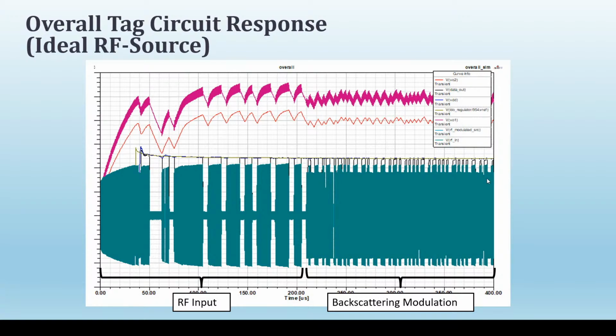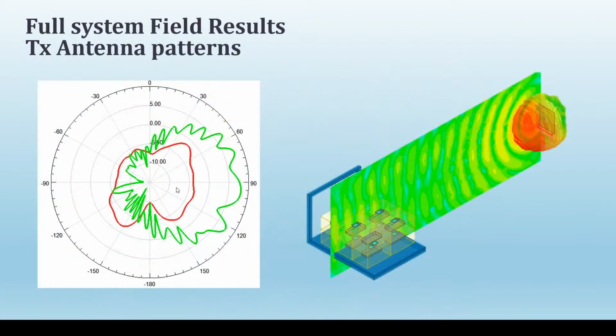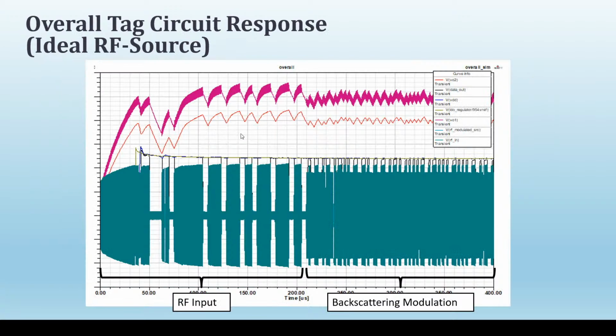Right, this is the overall output plot for our circuit response with an ideal RF input source. I already showed this part. This is our full system field results with our transmit antennas. So I think up to here, I have already concluded